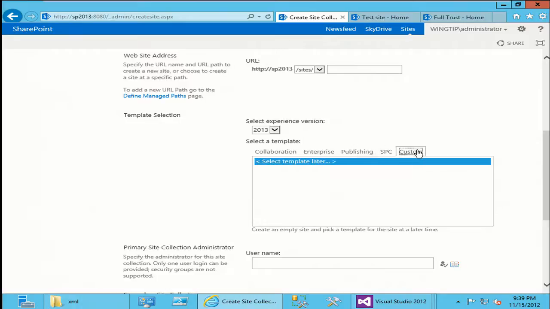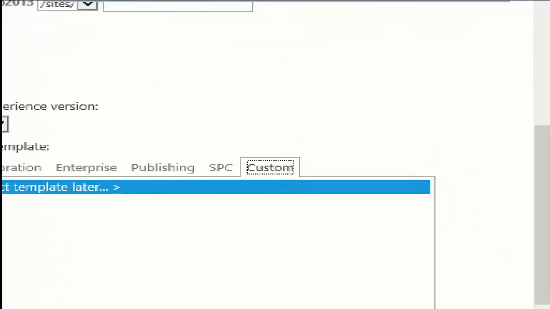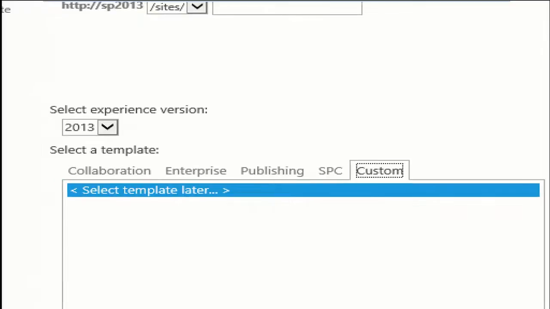However, if I wanted to create a new site collection based on my cloudy site, I could still do that. I could create a new site collection from central administration and select, on the custom tab, select template later. That will create an empty site for me. It won't apply any template yet. It won't provision the complete site. And if I would browse to that site after the site has been created, it would ask me to select